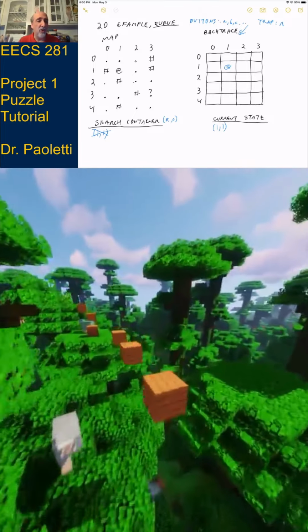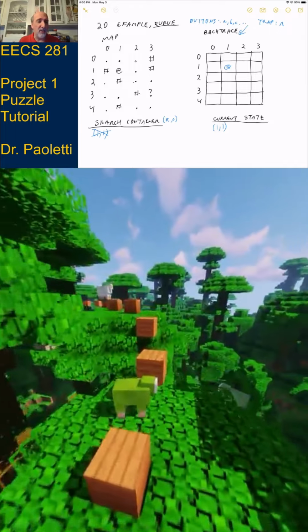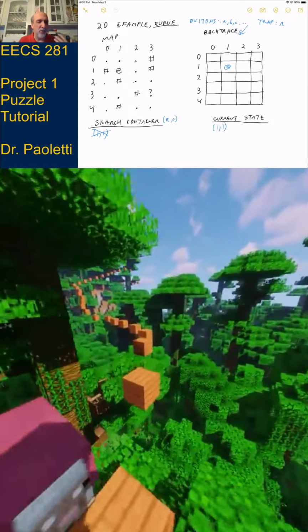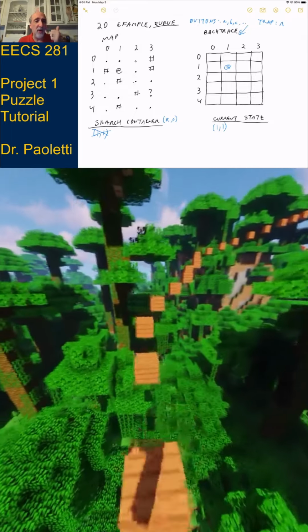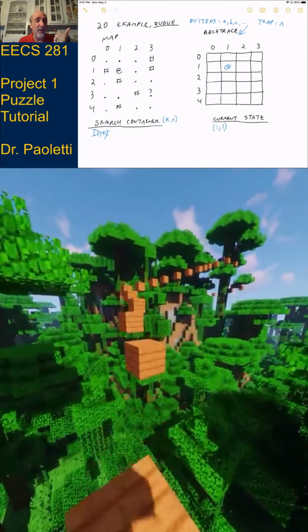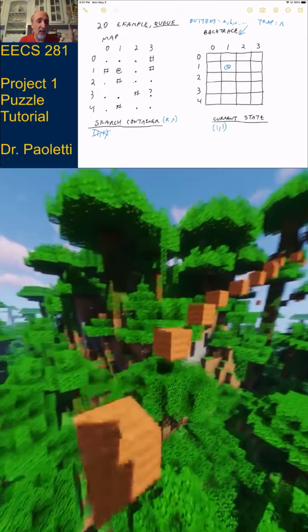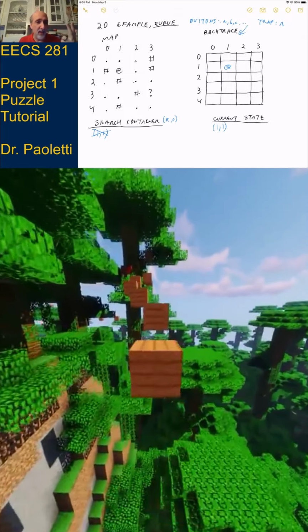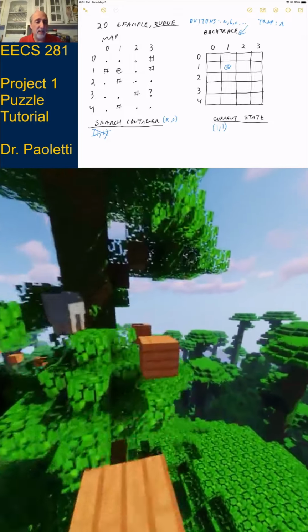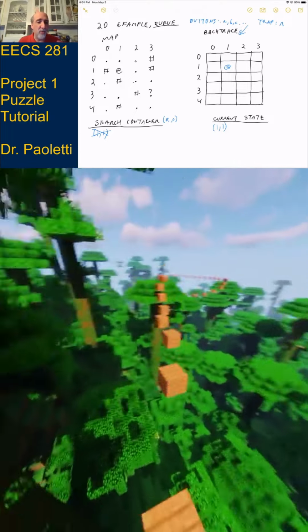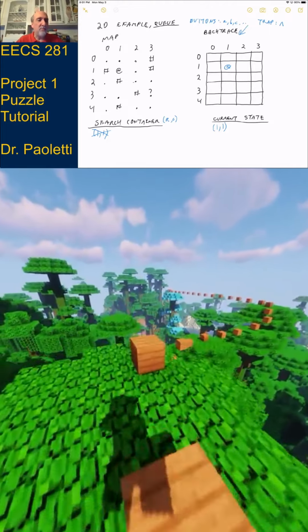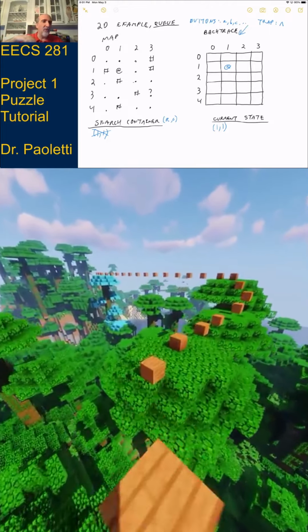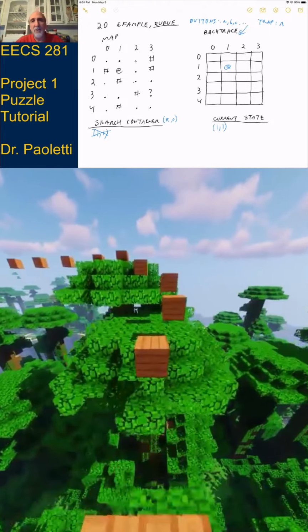What is north of me? Is it something, and we can do this in any order, but you want to do it efficiently, is it something I can walk on? So I first got to check, is it valid to go there? Is it something I could walk on? And is it someplace I've never discovered yet? If all of those things are true, then we can discover that location. So investigate means to look around where you are and see what you can discover from where you are.